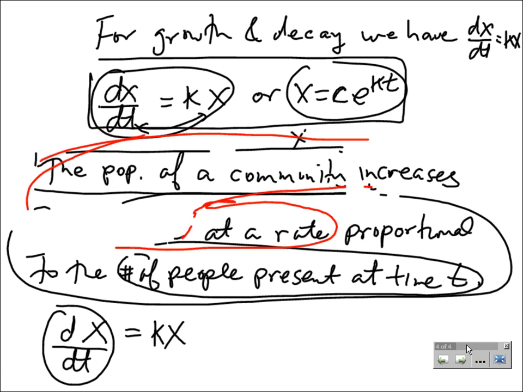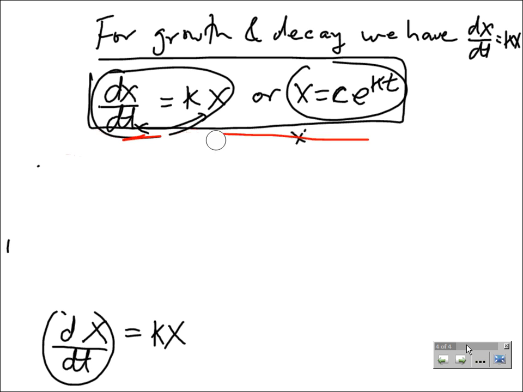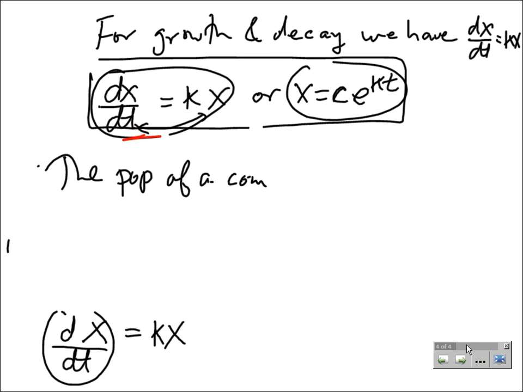Okay. So I had enough for this writing and drawing on it. The population of a community is known to, I'm not going to write that. The population of a community